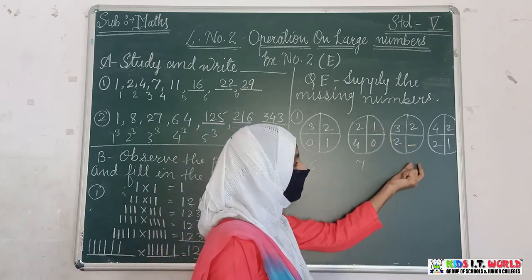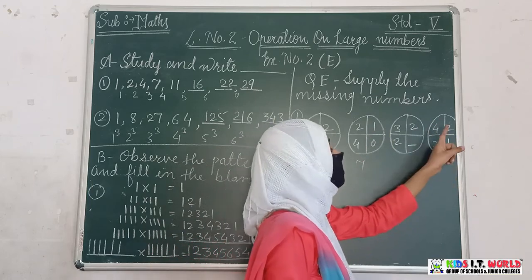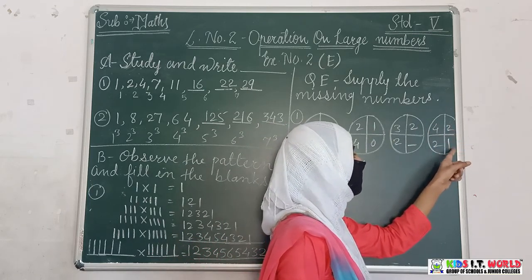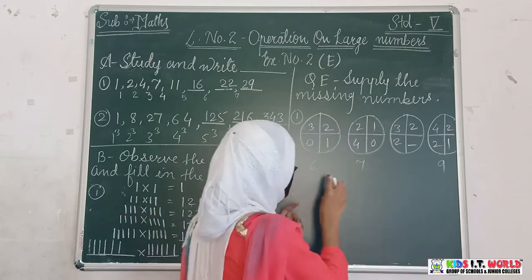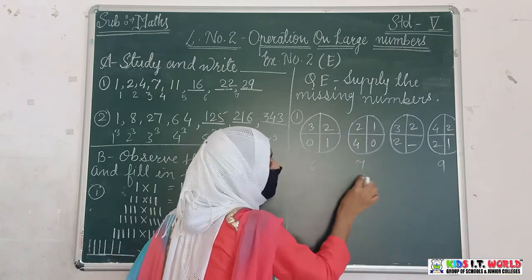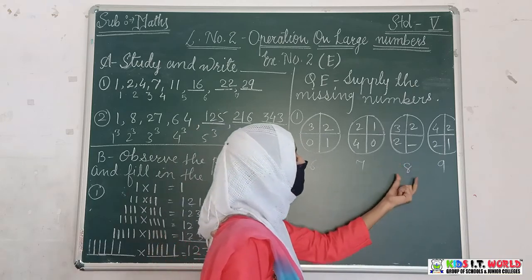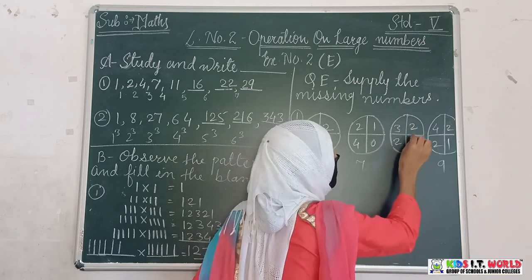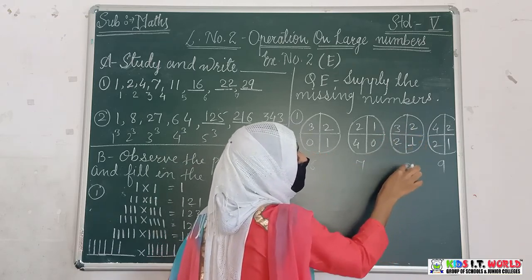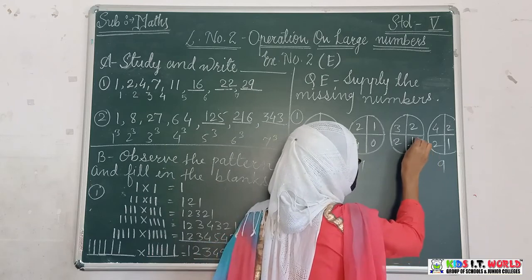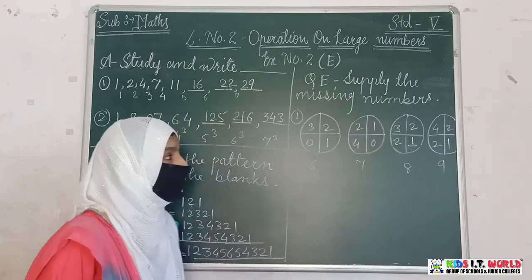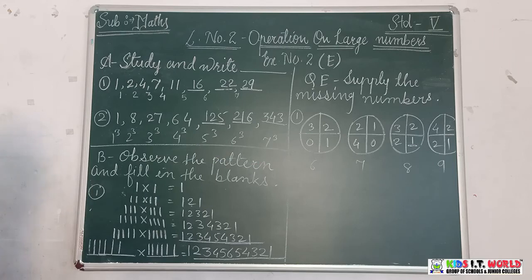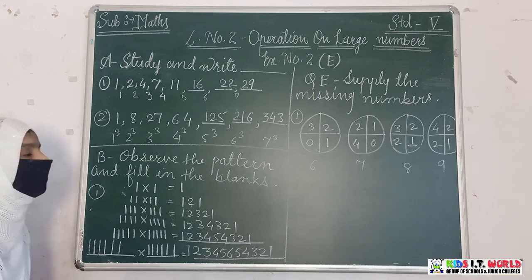Here we have to find the number. First of all, we will see the addition of this one. Here 4 plus 2, 6, 6 plus 1, 7, 7 plus 2, it is 9. See here, the addition is going in continuation. So what is the meaning here? 8. So to complete 8, how many will remain here? 2 plus 3, 5. 5 plus 2, it is 7. So 1 is incomplete to complete the 8. So here answer is 8. Understood, students? In this way you have to find the missing numbers in the question E, in the second, third, fourth and fifth part also.